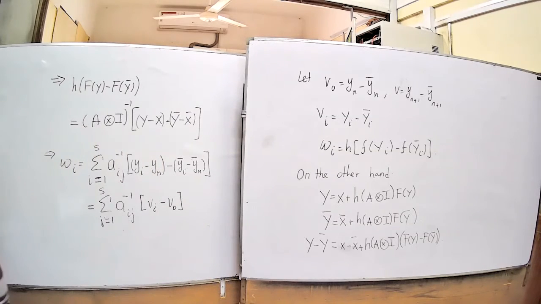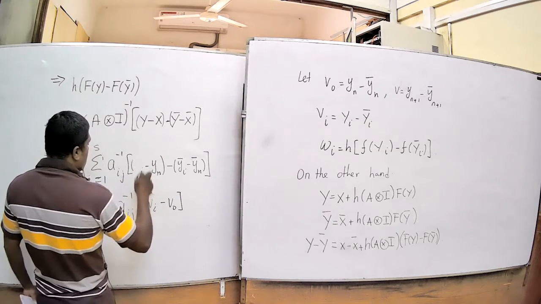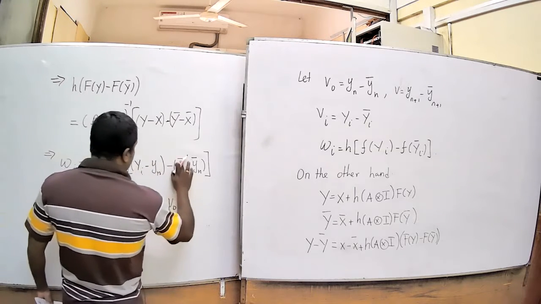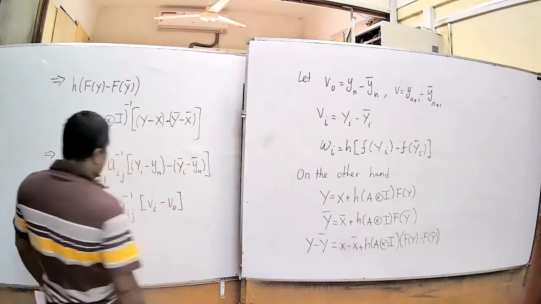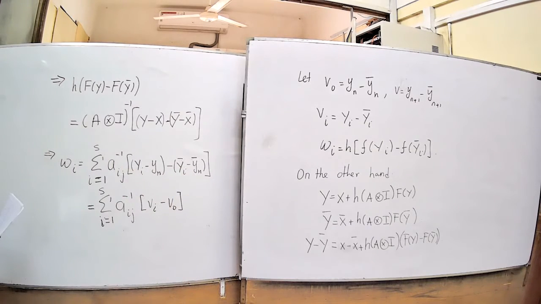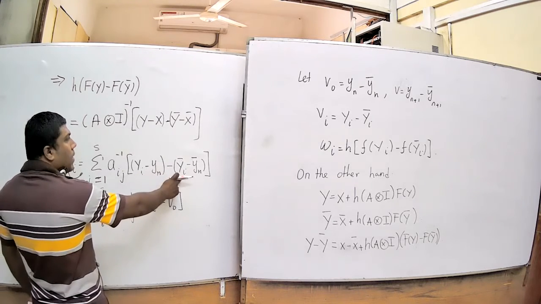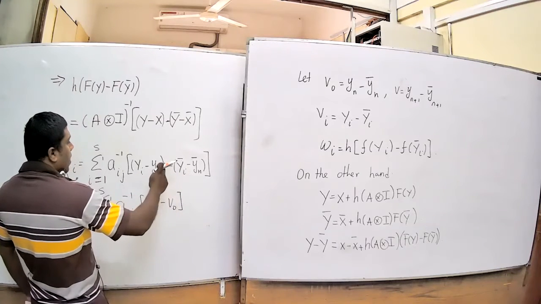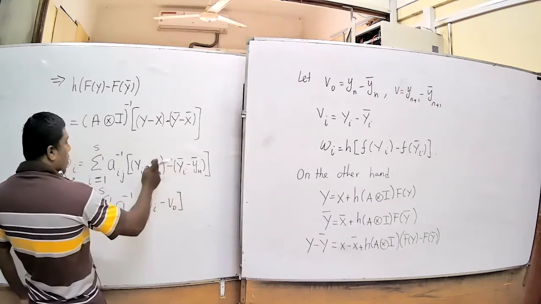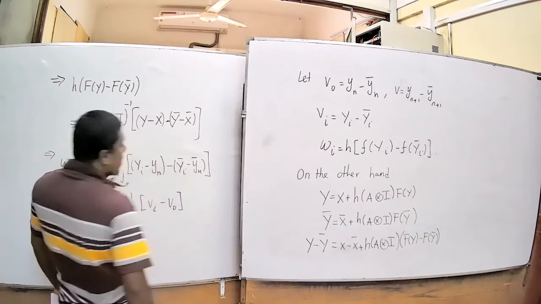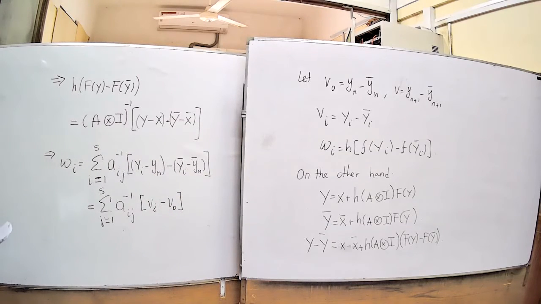That's going to be. Yeah, so again, you rewrite this. So yi minus yi bar vi, then yn bar minus of yn minus yn bar. So now,